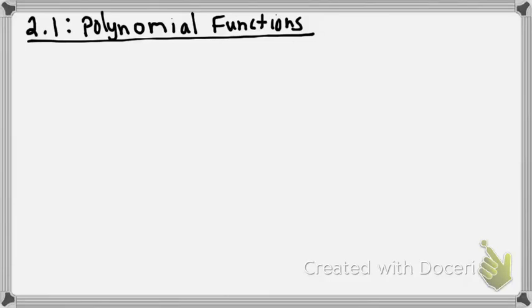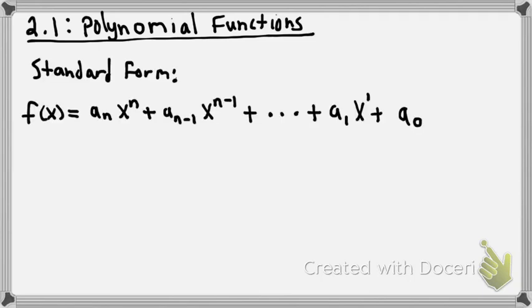Okay, welcome everybody. Today we're going to watch a video on section 2.1, which is called Polynomial Functions, and we'll start off with what a polynomial function is. So the standard form of a polynomial function has the form f of x equals a sub n x to the n plus a sub n minus 1 x to the n minus 1 plus, and then there's a bunch of terms where the power of x decreases, plus a sub 1 x to the 1 plus a constant term